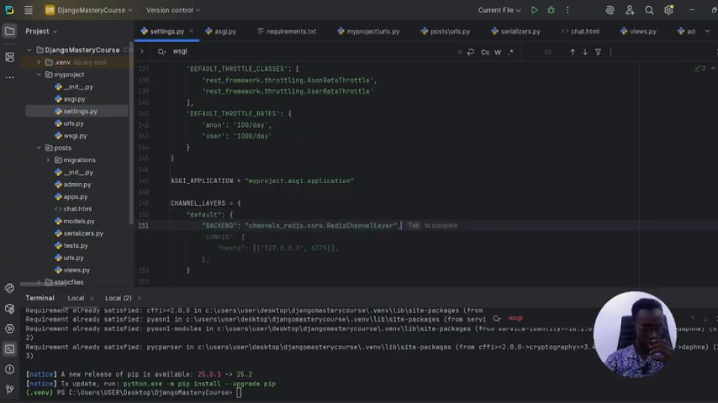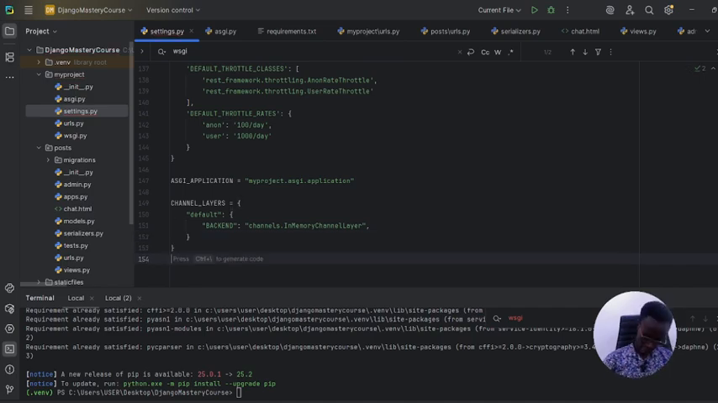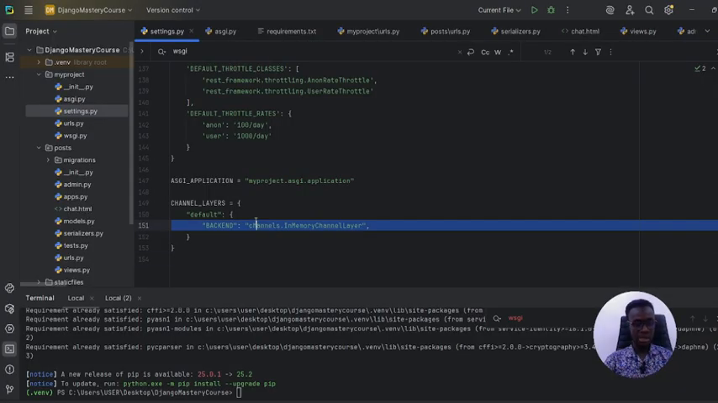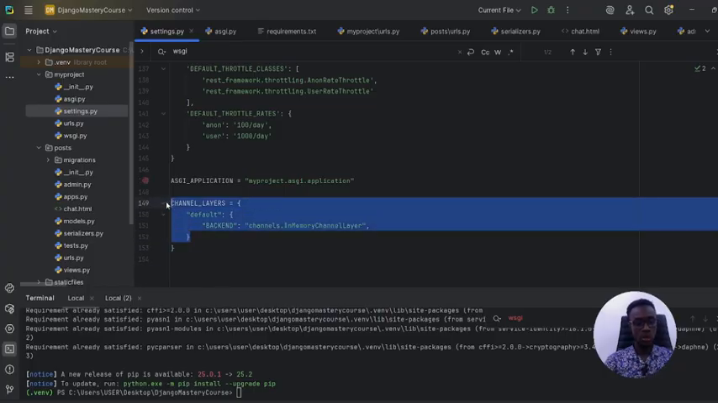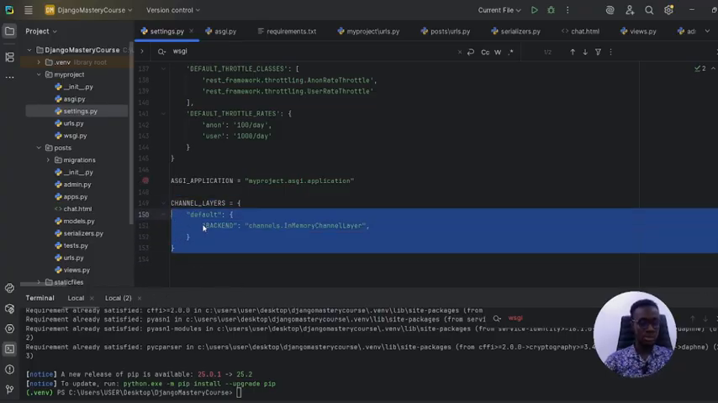backend: channels Redis, or rather, channels.layers.InMemoryChannelLayer. So this is what we're going to use for this test, right? Having told Django that this is what I need it to use, there is the Redis, like you saw I had put here, but we're not doing that for now. We'll use this because we're in development, right? So from here,